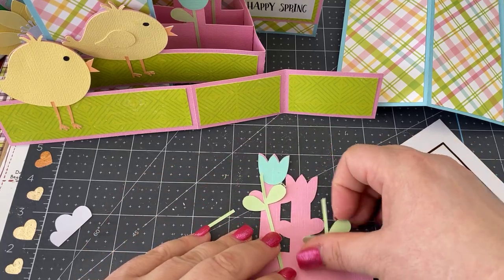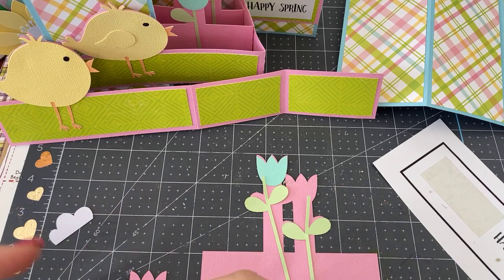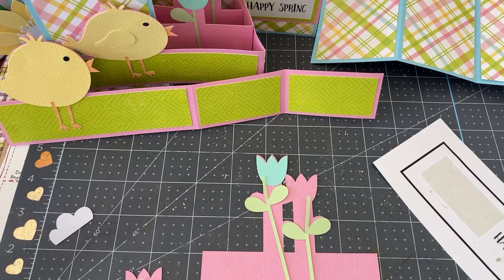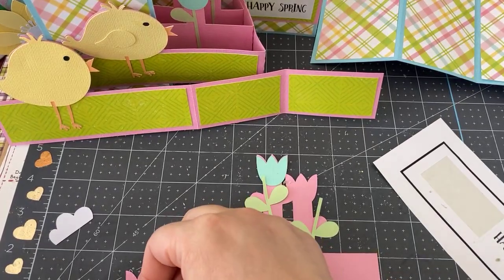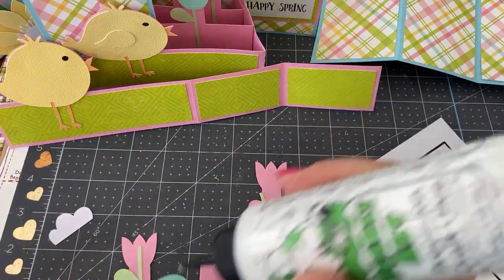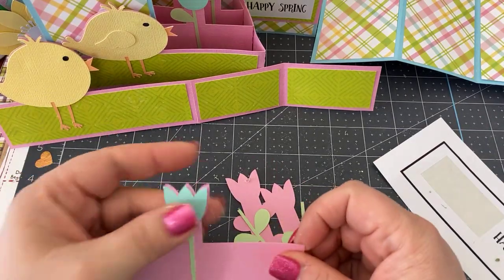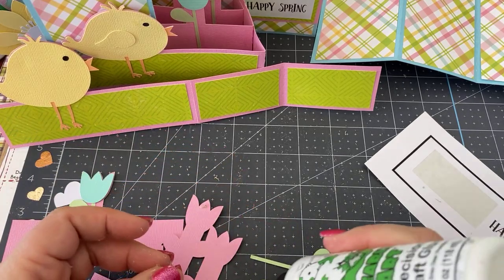Okay. So here's where it gets interesting because I don't see some of our pieces, like our flowers. Whatever happened to them? Maybe they got stuck over here on some other piece. Oh, well, you guys will do it better than me because you won't try to rush and throw in all of these pieces. Now, by the way, these go down. I don't know why. And then you cover them with the tulip. I'm missing my tulips. All right, so there is the first insert. And then the second insert we will do...